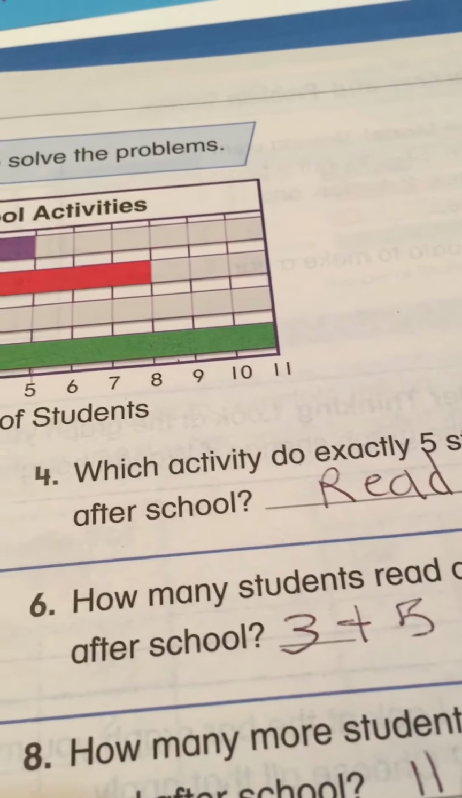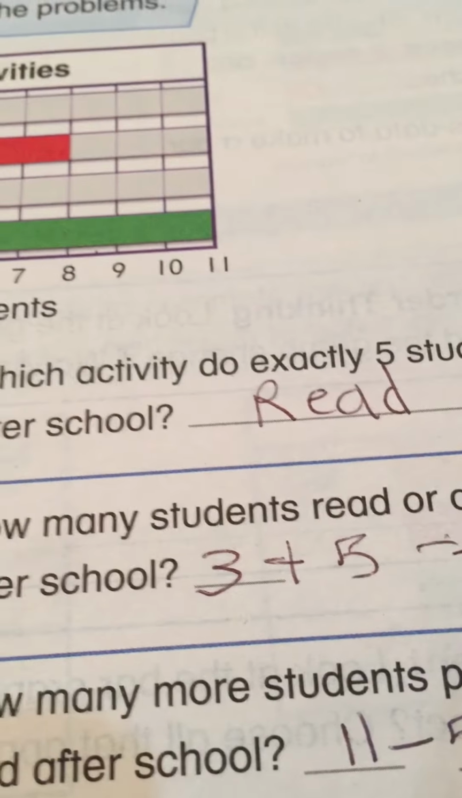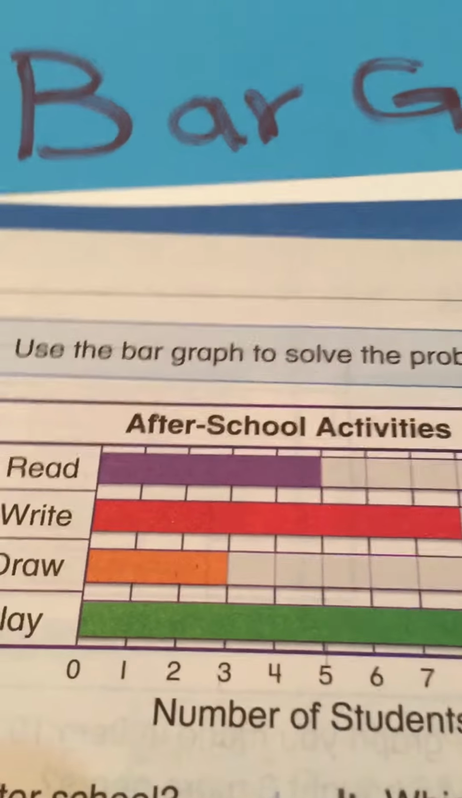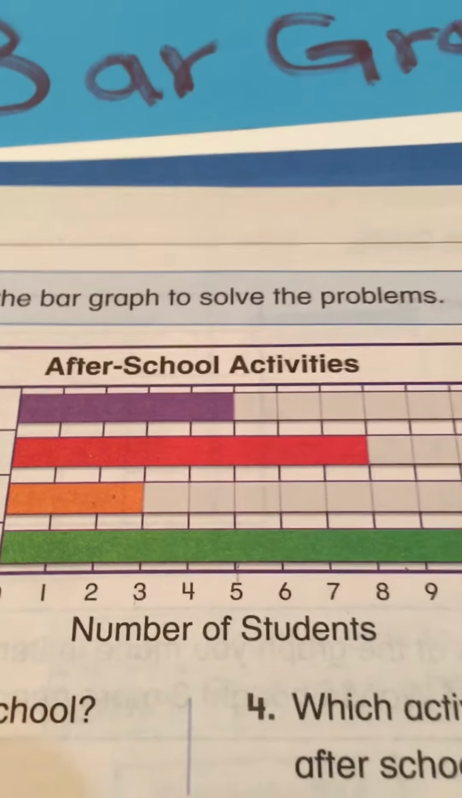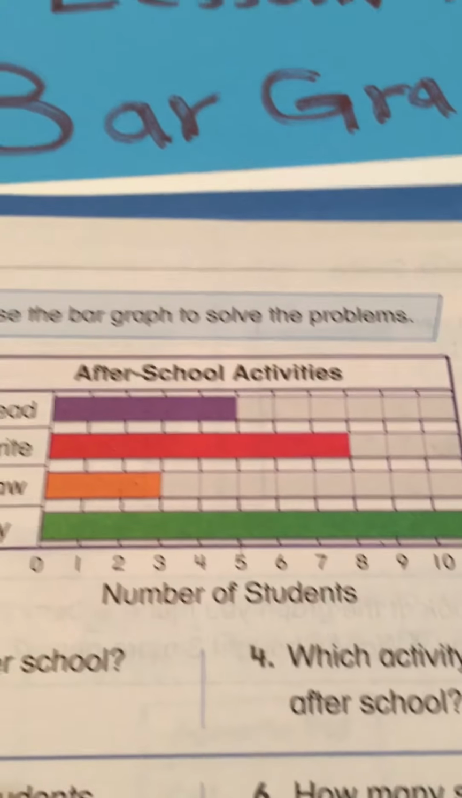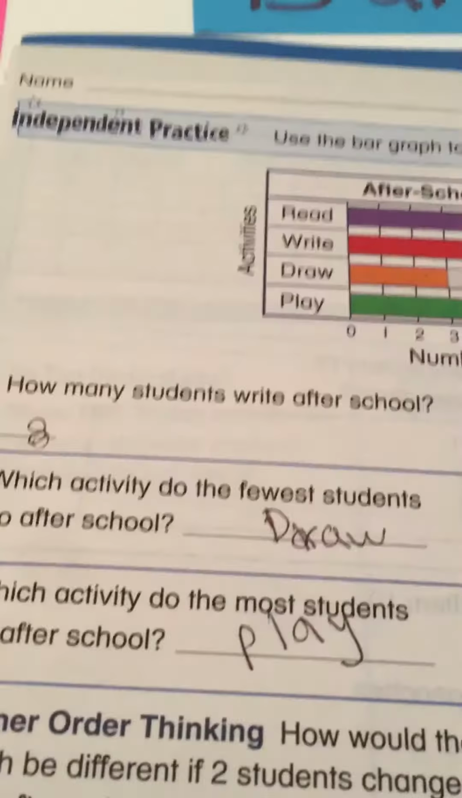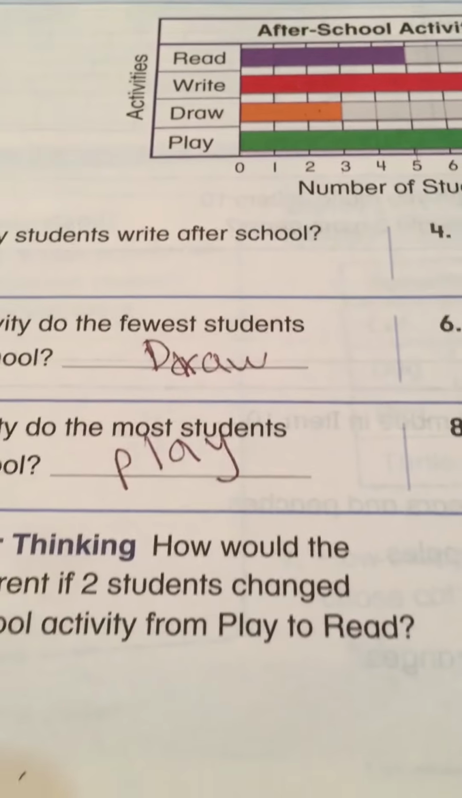Then I will do subtraction. 11 minus 5 equals 6. So 6 more students are playing than reading. So 6 more than reading. So number 9,